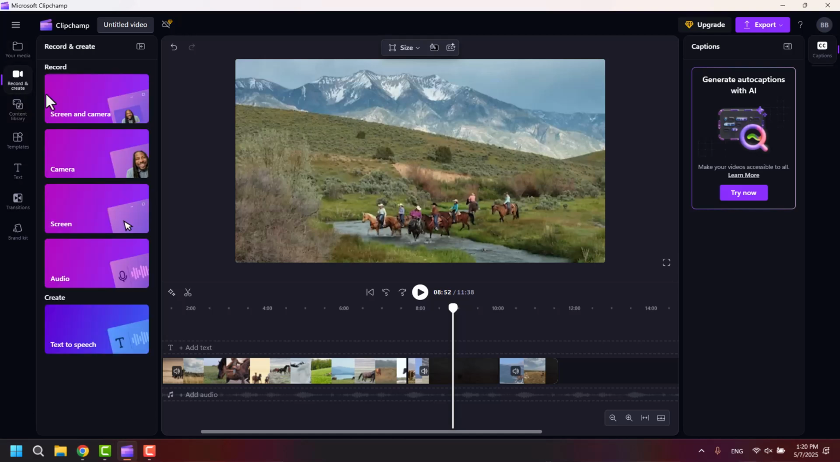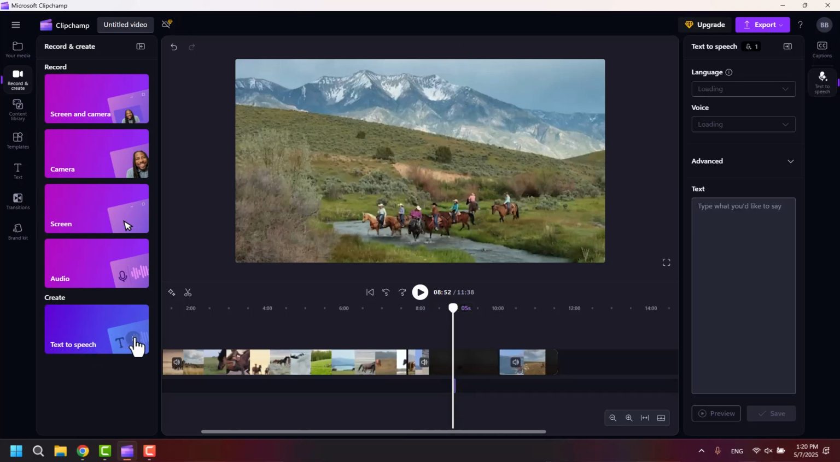Once you click on it, you can see screen and camera, screen, audio, and the text to speech option. So simply tap on it and select the text to speech option, and here you can go ahead and add text to speech. You can use these settings here. You can choose the voice here and you can select the text option here, what you'd like to say for the video. So if I want to say, hey, welcome to my channel